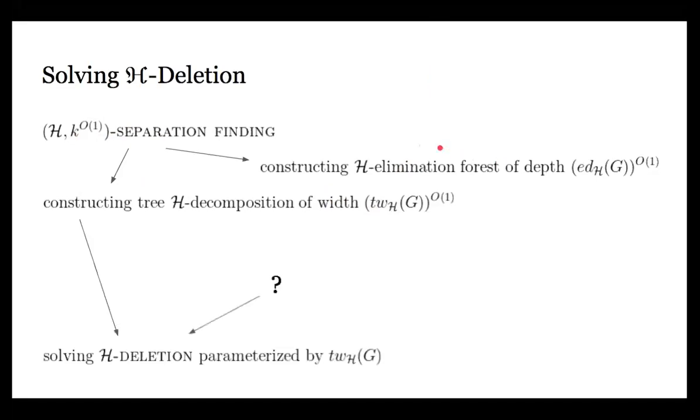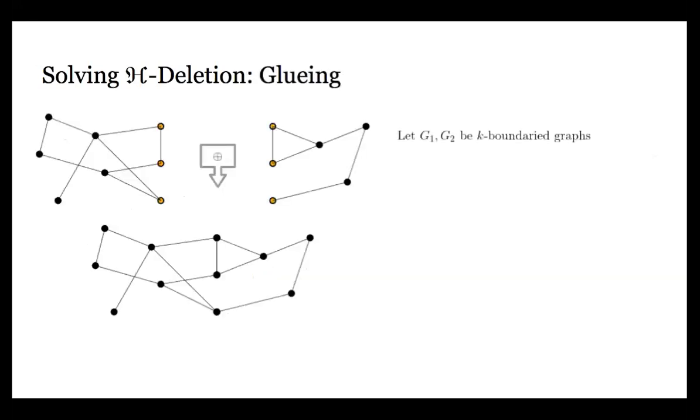So now we would also like another meta theorem, which would allow us to say that really solving H deletion is FPT parameterized by H-treewidth. So now I would like to talk about what properties of H are necessary to make this work. So the first property is